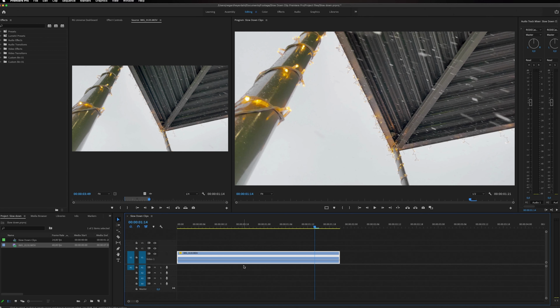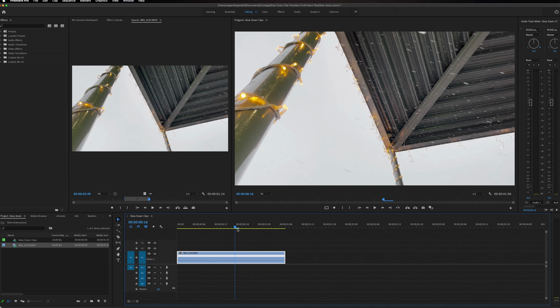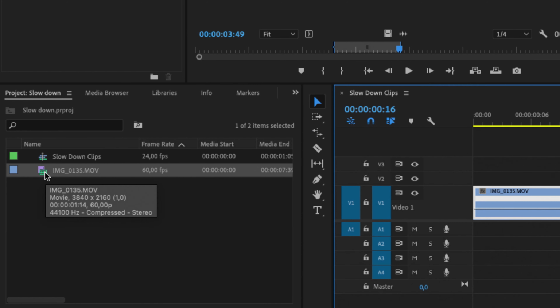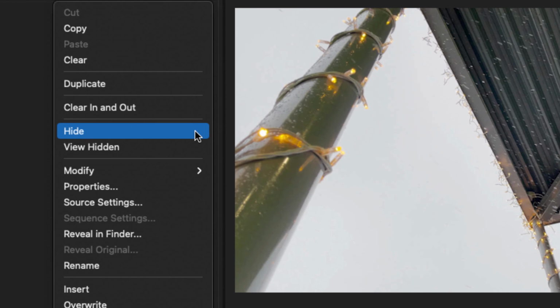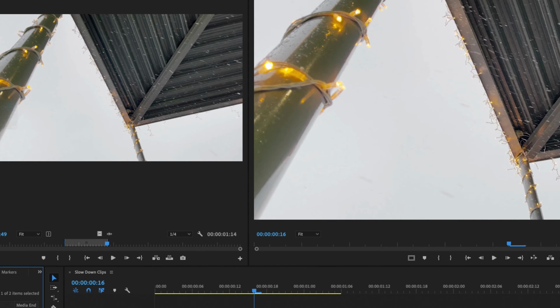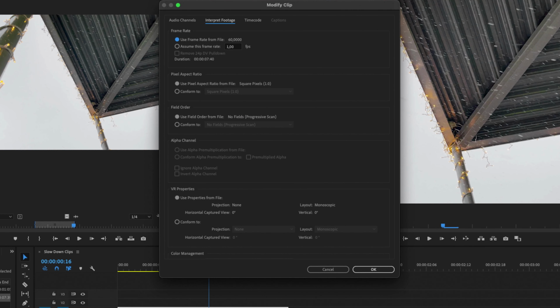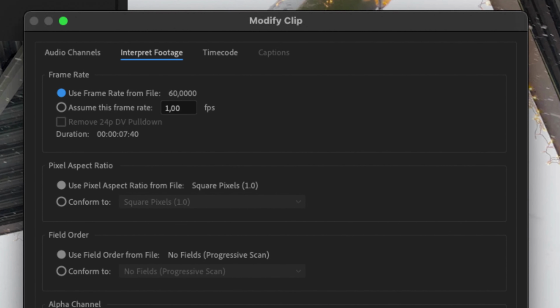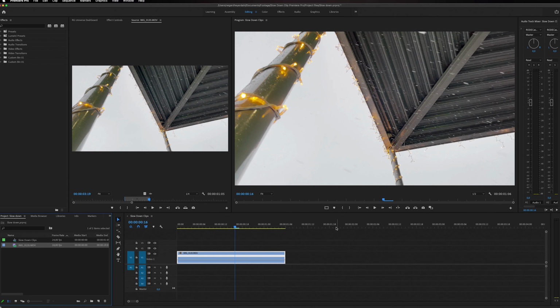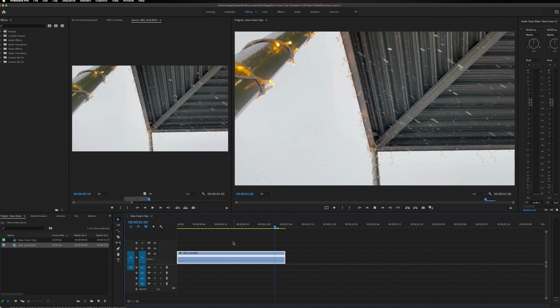and it's now 66% slower. The next way of slowing down clips is to right click on your clip in your bin right here, and then we're going to go to modify, interpret footage, and then we will get this modify clip box popping up. The one thing we're going to change here is the assume frame rate. So I'm going to click assume frame rate, and I'm going to make this a 24 FPS clip. So I'm taking it down from 60 FPS right here to 24 FPS, and that is the same FPS as our timeline. And then I'm going to click OK, and then we will also get this slow motion effect